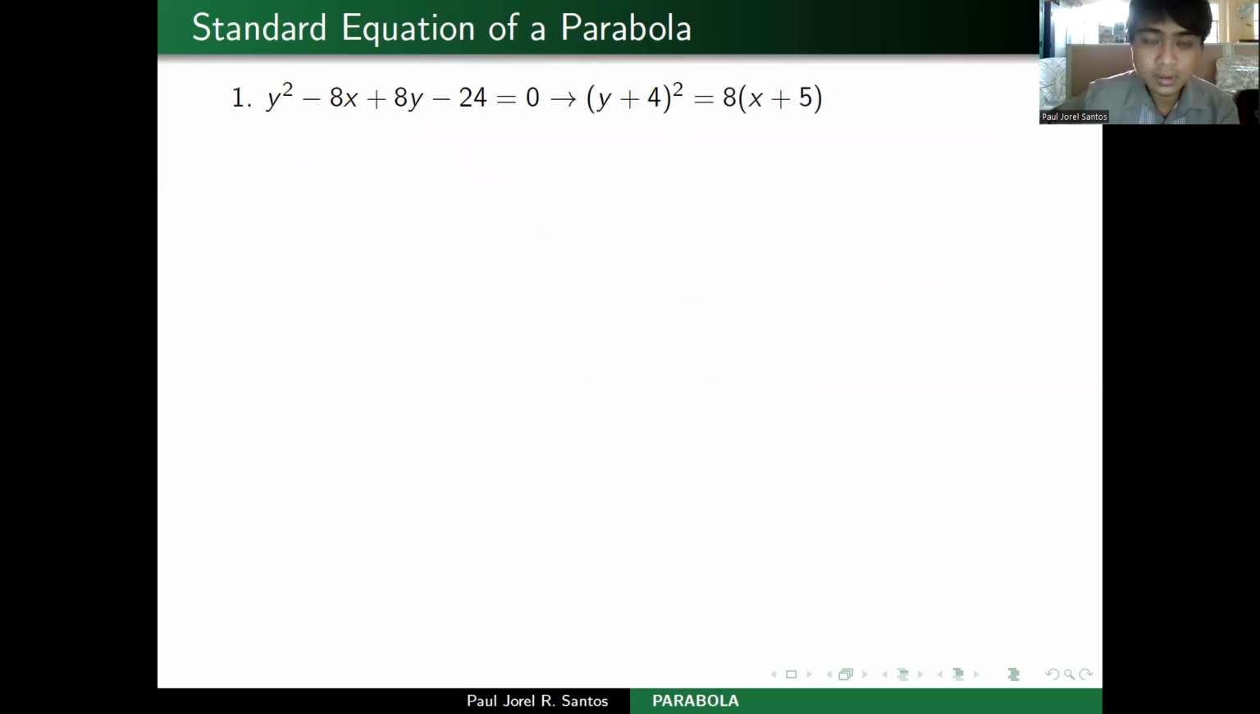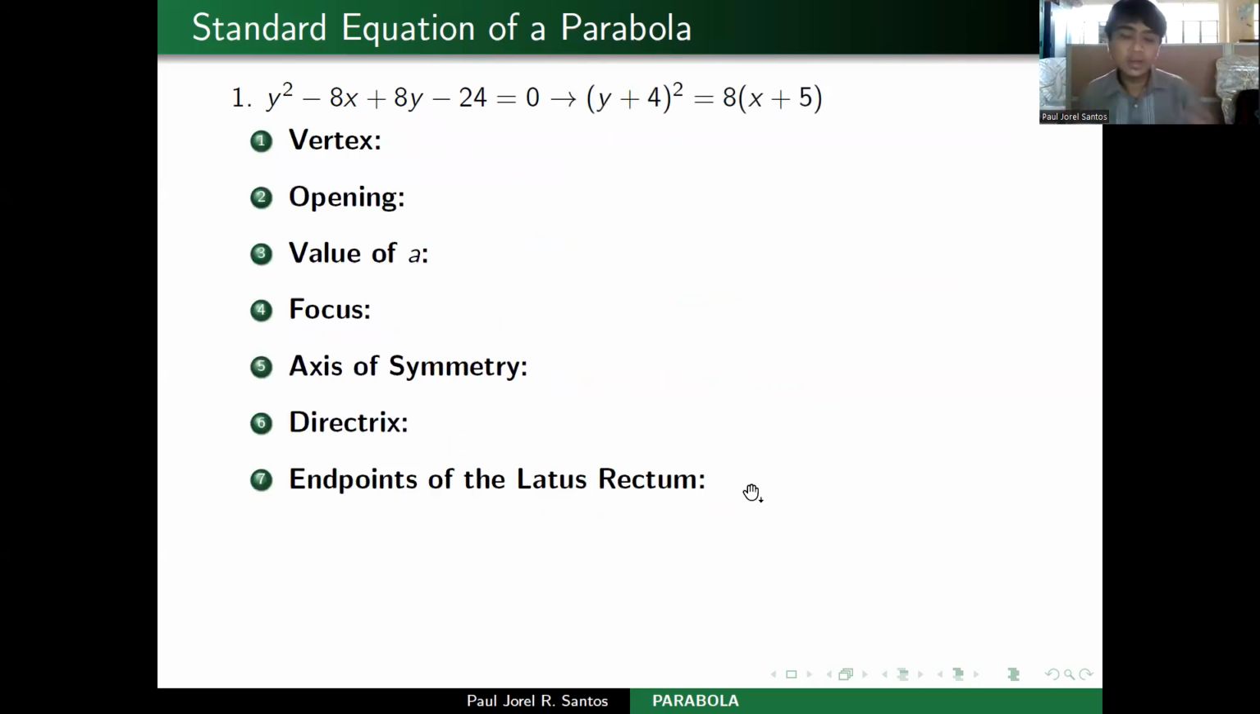Now, here we need to identify the vertex, opening, value of a, focus, axis of symmetry, directrix, and endpoints of the latus rectum. I'm giving you time, I guess, to answer on your own. You may pause this video if you want, but okay, now,